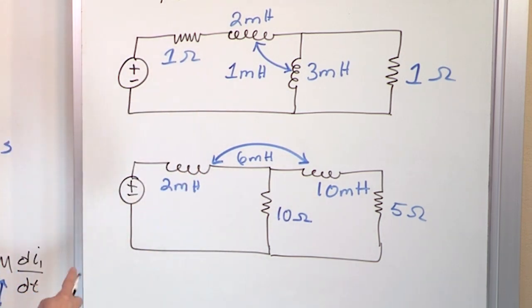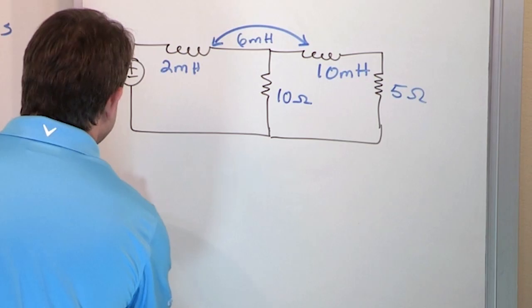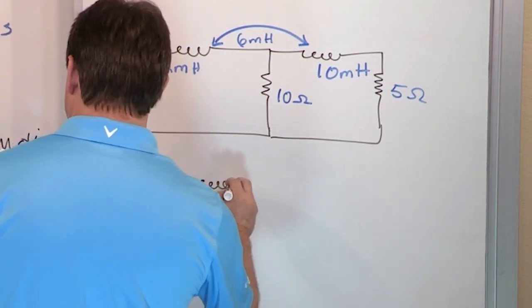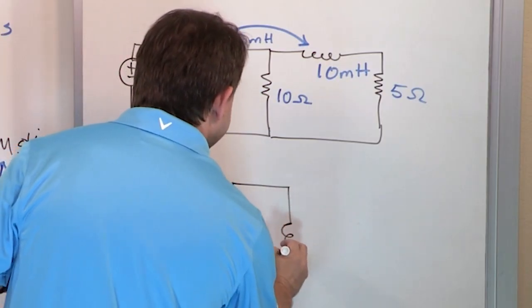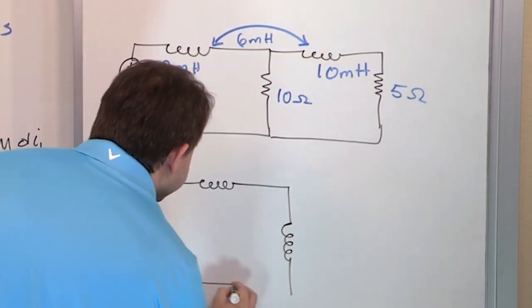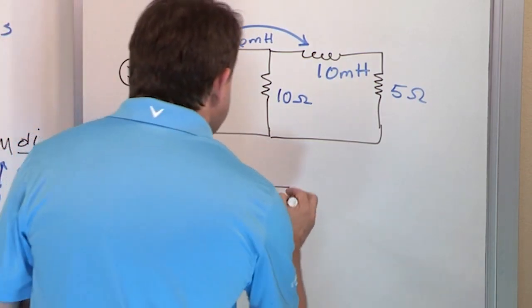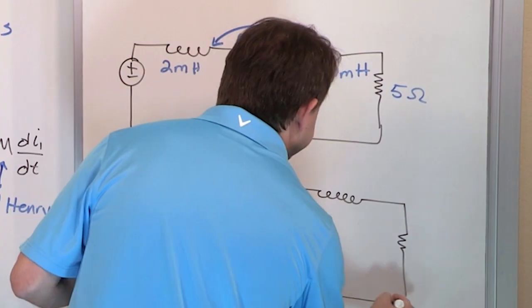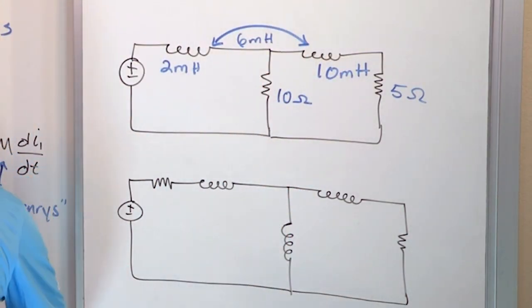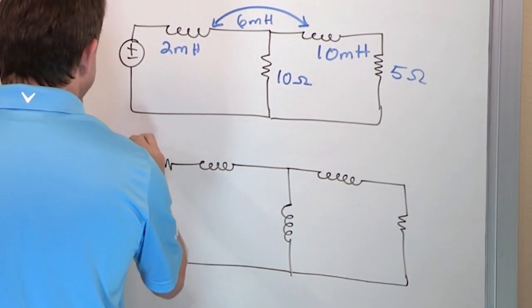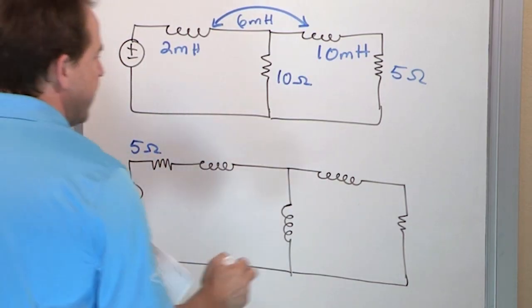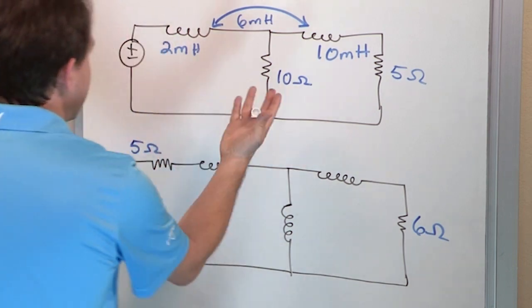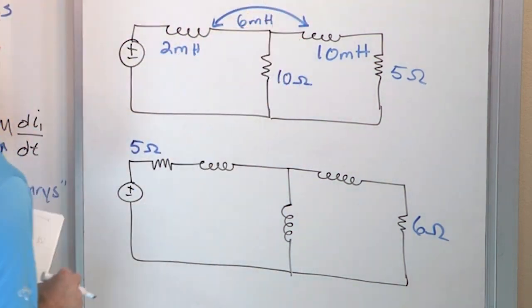And then I'll just show you one more really quickly, just because I find it kind of interesting, but we'll just do it like this. Let's say you have a resistor, you have an inductor, you have another inductor in this kind of node, or this kind of mesh down here. And let's say you have another guy here and a resistor over here. This is kind of a crazy example, but let's just say you had 5 ohms for that resistor, you had 6 ohms for this guy, and now notice that all of these inductances, we wrote them down in